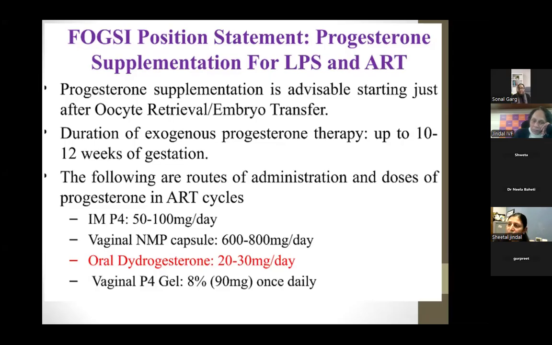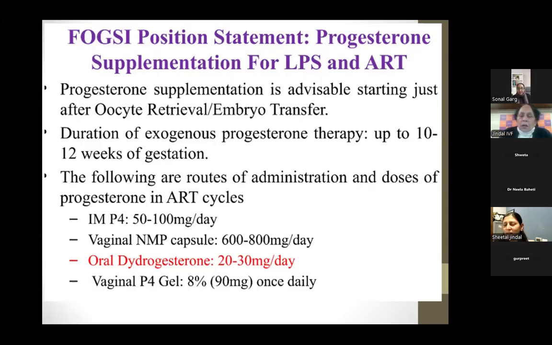But in case you want to use progesterone in the form of gel or maybe the tablets, then 400 milligrams twice daily, or maybe 90 milligrams of Crinone gel. In those scenarios, it is advisable that you do a serum progesterone level, and depending on the levels, you can add an additional route of progesterone, maybe in the form of dydrogesterone, or subcutaneous progesterone, so that probably you can get better results. So this is what is advocated nowadays for most of the frozen cycles.